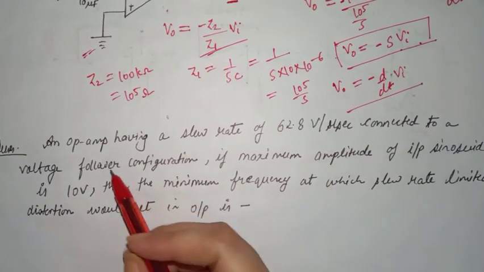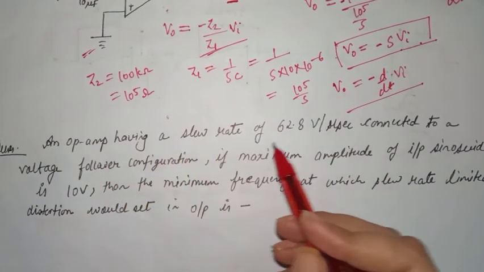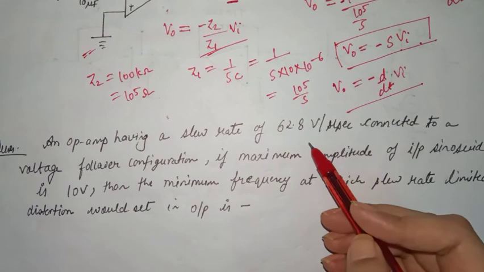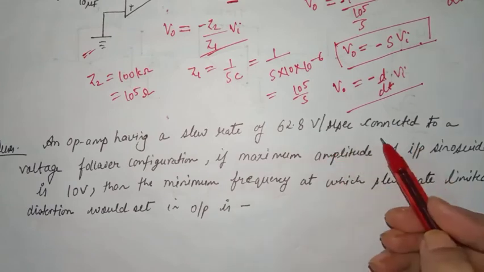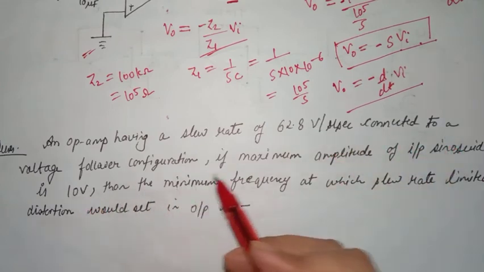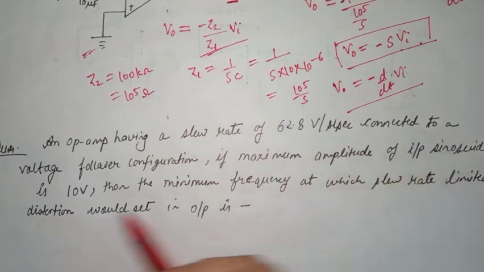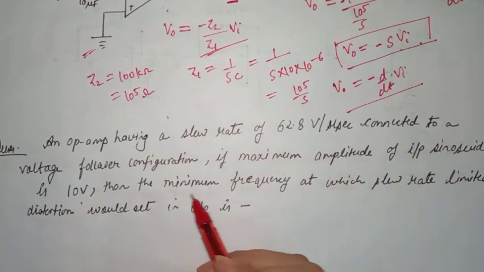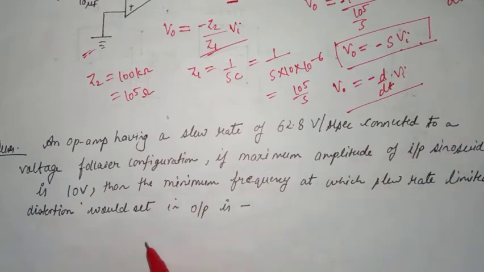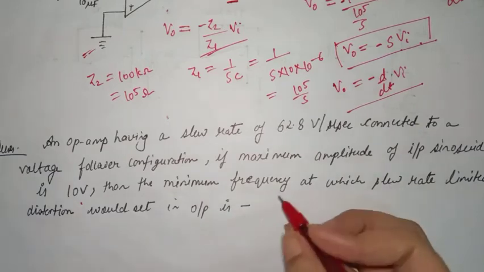Now the second question is, an op-amp having a slew rate of 62.8 volt per microsecond connected to a voltage follower configuration. If the maximum amplitude of the input sinusoidal voltage is 10 volt, then the minimum frequency at which slew rate limited distortion would set in output is. So basically slew